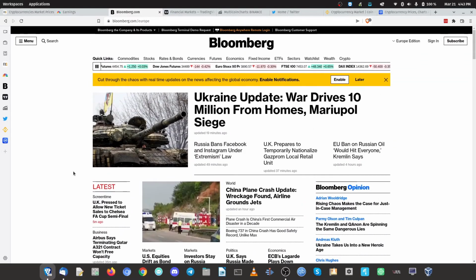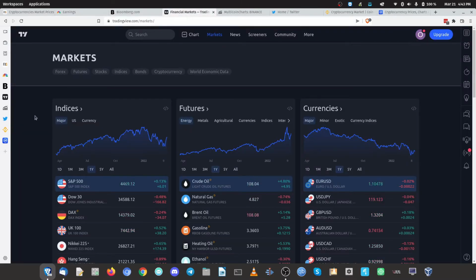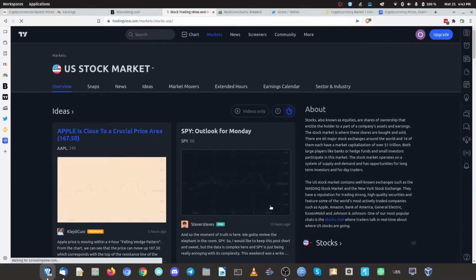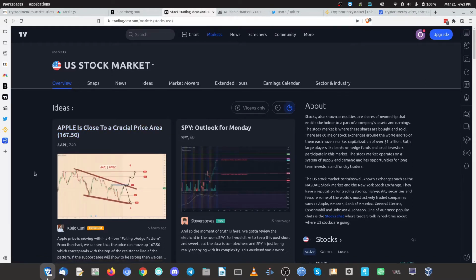But generally, I love Bloomberg. Obviously, very good news quality. Then I go into the markets and I have a look at what's happening. So I never trade the open. I always go in a bit later, like an hour into the trade. So when the markets open, I can have a look at what's going on in the indices, the futures, the currencies. But even on things like stocks, you get a lot of nice content and also ideas from other users